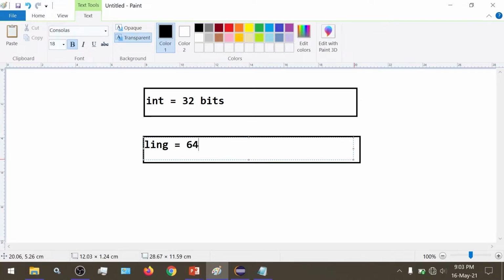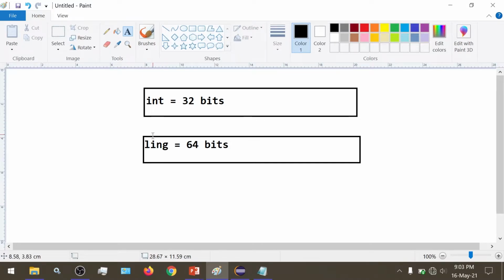Long is 64 bits. Just ignore the typo here. It is common sense that here we have 32 bits of memory, and we are trying to store a 64-bit long number inside 32 bits. Obviously we can't do that, so we get an error.